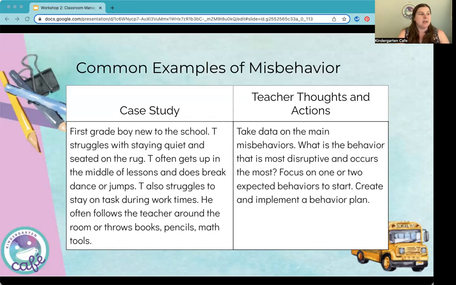So some thought processes. Take data on the main behaviors. What is the behavior that is most disruptive or occurs the most? And I focused on 1 or 2 expected behaviors to start, and I created and implemented a behavior plan, right? So, yeah,